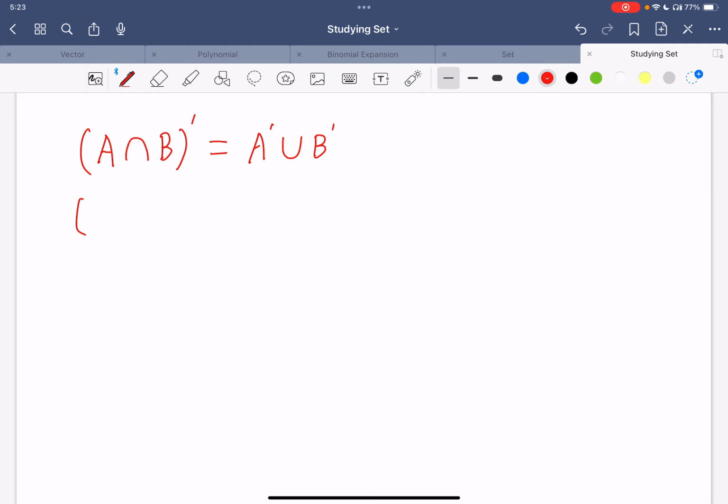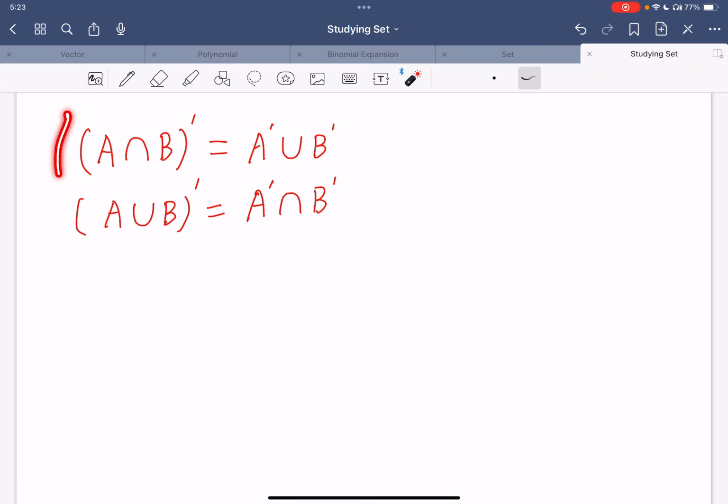Okay, second rule. If A union B, then this one equals to, can you guys guess? Yes, it's equal to this one. So this is the result found after you draw several Venn diagrams. It's just a different order. On the left-hand side, we first find the intersection, and then we complement the intersection, right? For example,